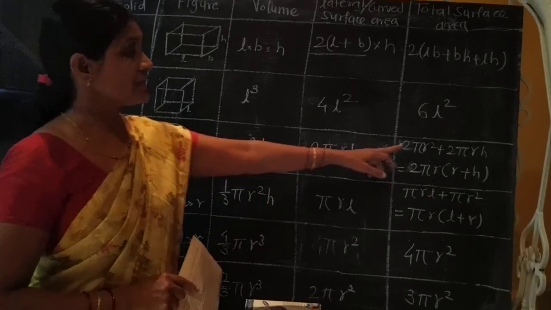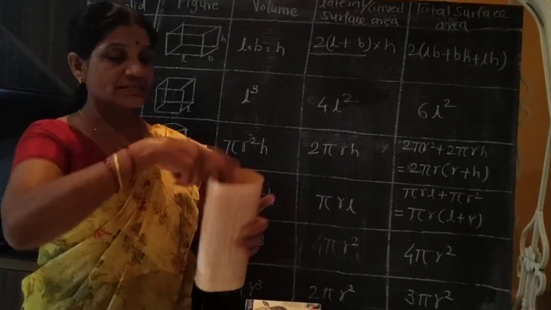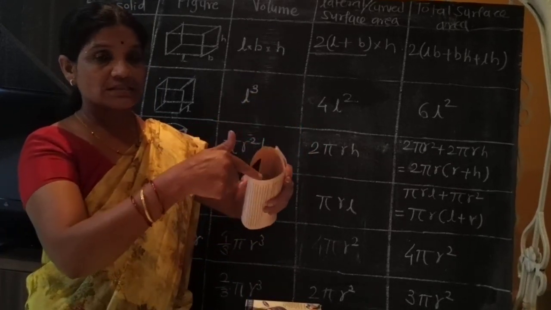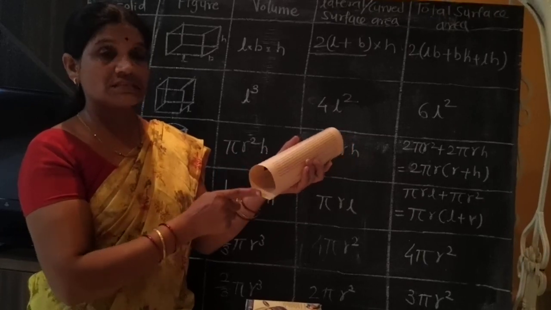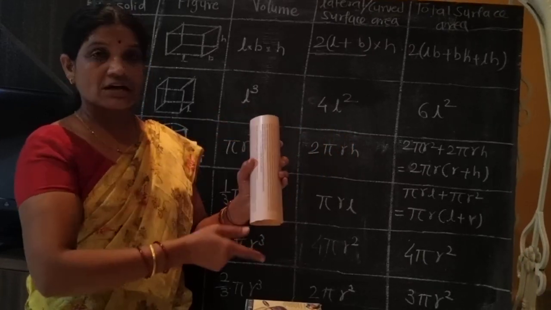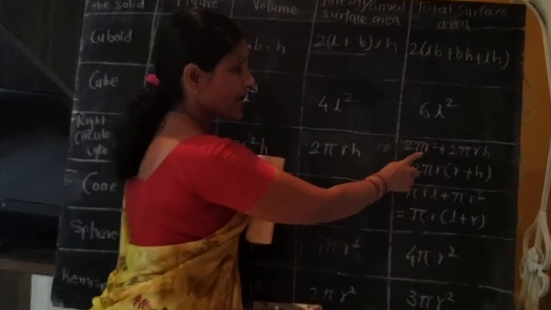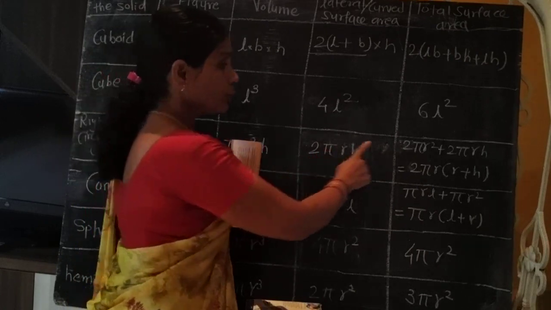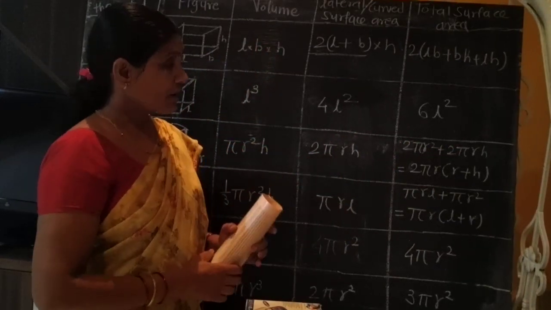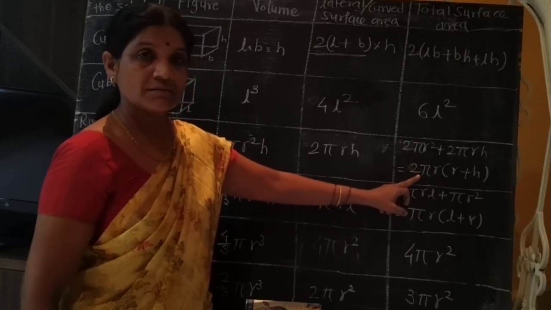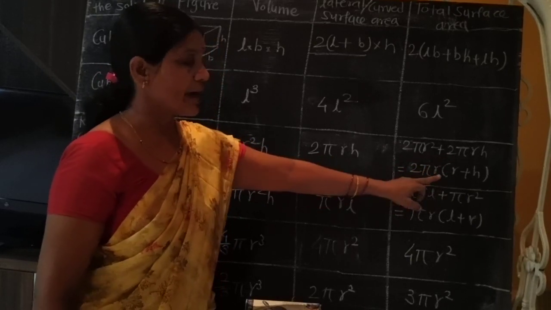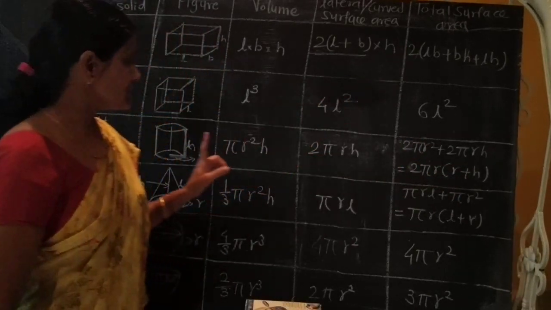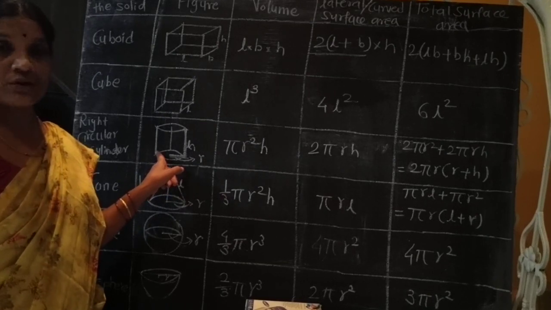After that, total surface area. To any cylinder there are 3 faces. This one is the curved surface area, this top means circle, and this base also circle, means 2 circles that have area 2 pi r square, and this curved surface area we already determined as 2 pi r h. From this, taking 2 pi r as common, we obtain the formula 2 pi r in bracket r plus h. It is the total surface area of a right circular cylinder.